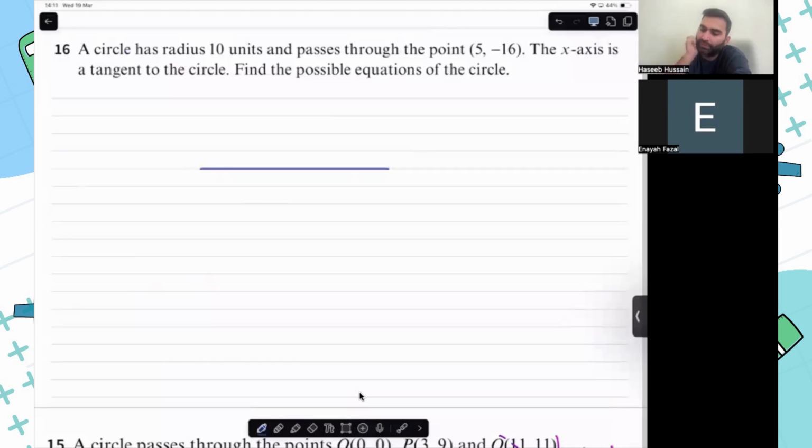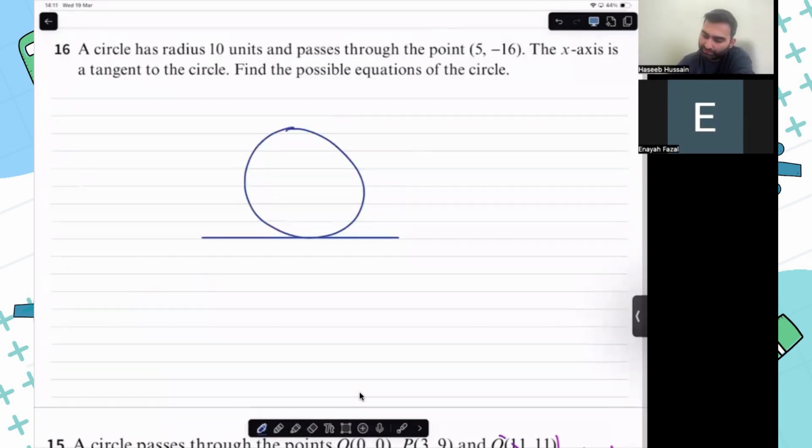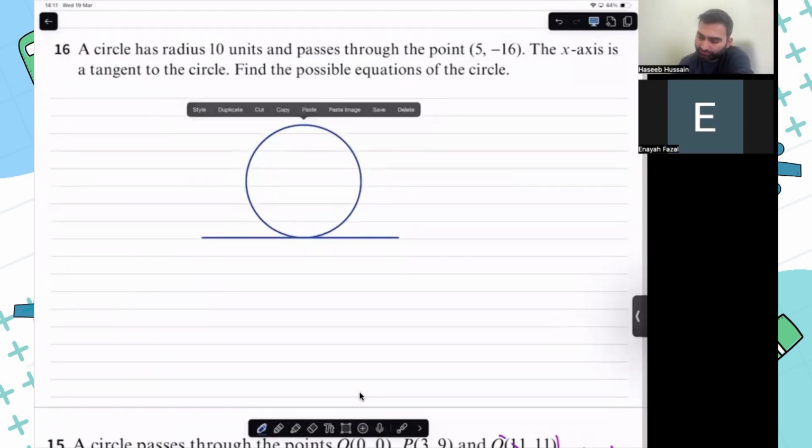First things first, (5, -16) lies on the circle, somewhere on the circle, we don't know where. The radius is 10. So if the radius is 10, then one thing is for sure: